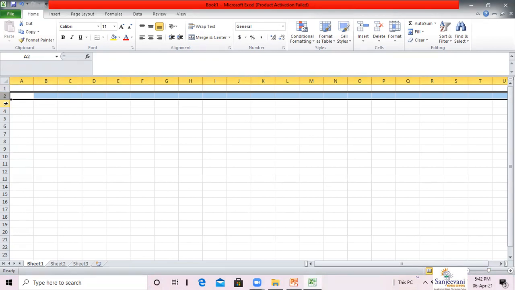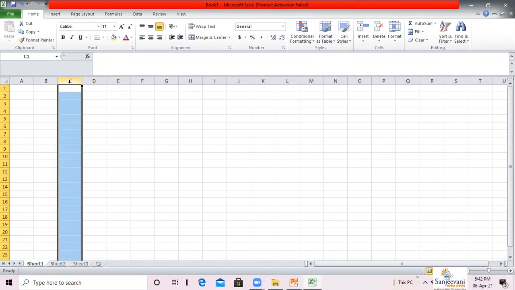The rows are numbered from top to bottom in ascending order, starting from 1, 2, 3 till 1,048,576. Column is an arrangement of cells in the vertical direction, like this, A, B, C, D. Each column on the worksheet is identified using a unique letter or combination of letters. The columns are labeled as A, B, C, D, up to Z, followed by AA, AB, AC, till XFD. Cell.